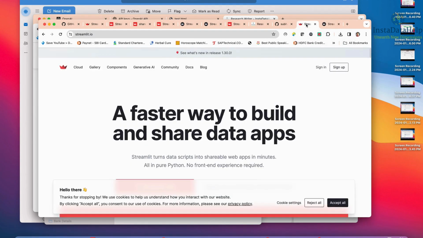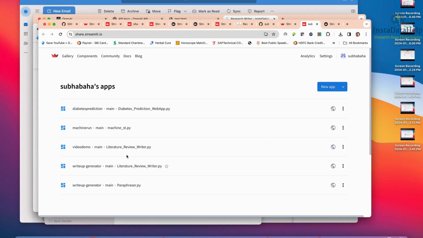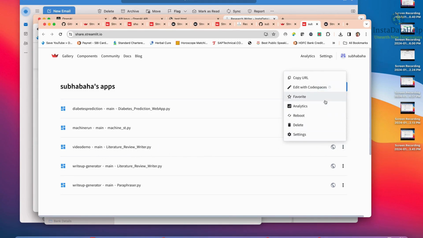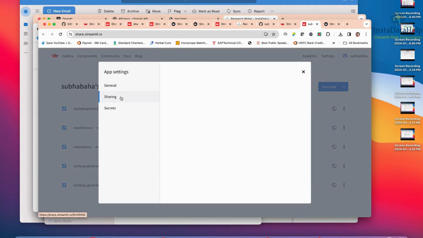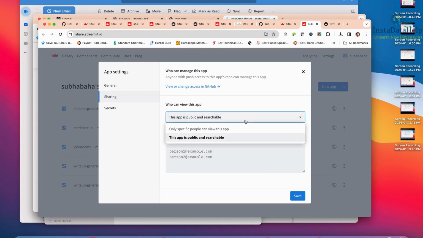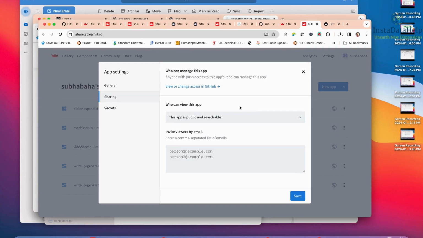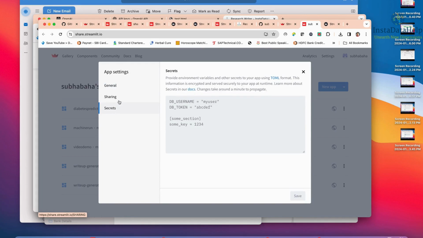You can see here. So if I click on sign in, you can see here the app has been developed. This is video demo literature review writer. Okay, this is the app, and a few things you can do, a few settings, like sharing. This app is public and searchable, okay, otherwise only specific people can view this app, then it might be a problem. And so all